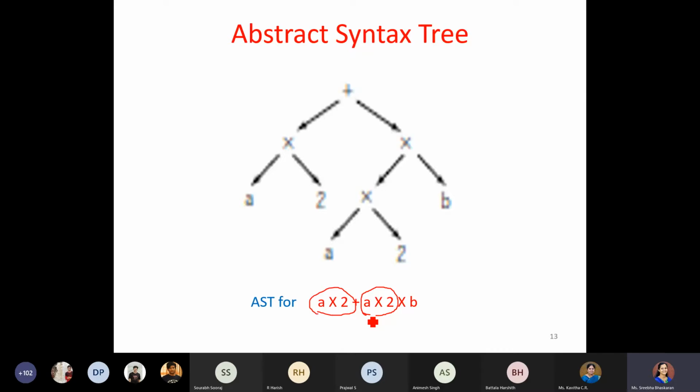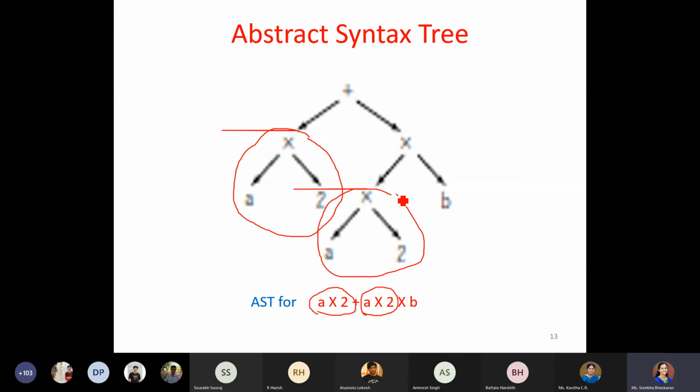Both the things are same. That is, the a value doesn't change when you reach your right hand side. The a variable doesn't change, but you are applying it. If you see in tree representation, the same representation exists here, and here also you have the same representation, right? So it is like duplication, and you can avoid this duplication.